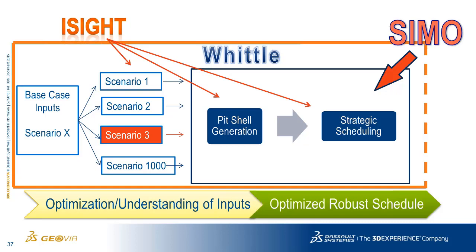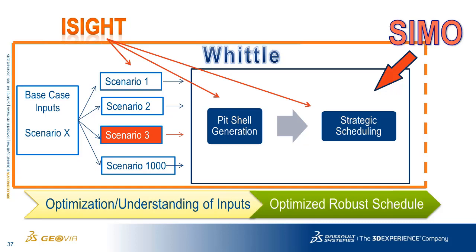And the key component is also robust, okay? Because obviously a lot of the components could be quite variable. And the question is, how risky is the solution? Picking the highest value schedule may not really be the most appropriate selection, because if any one parameter changes slightly, that schedule could perform very badly. So it's not just about having the highest value, but also being a stable or robust schedule.